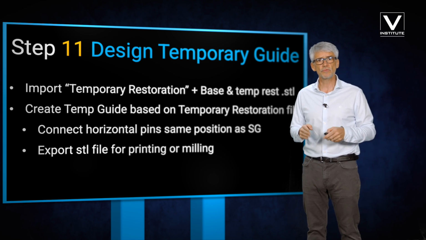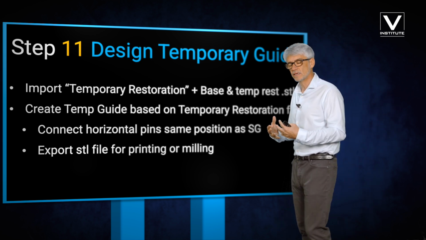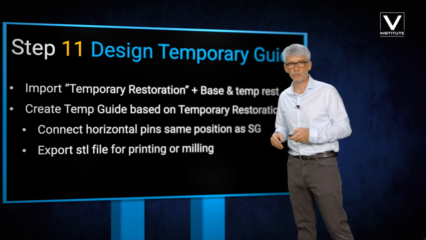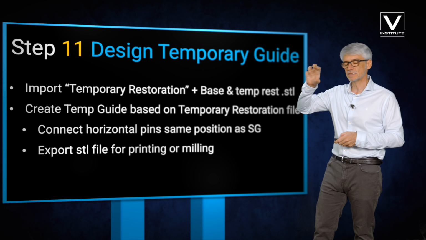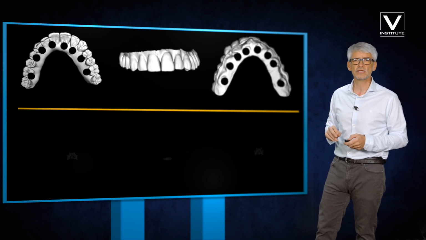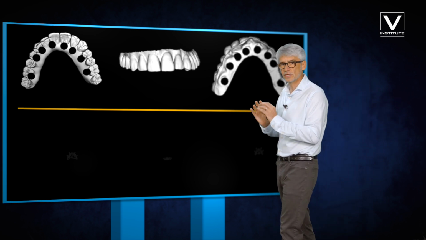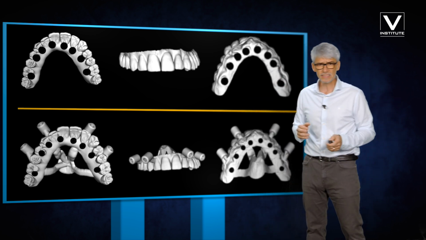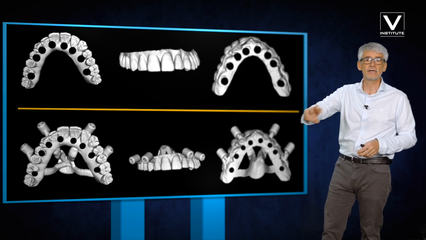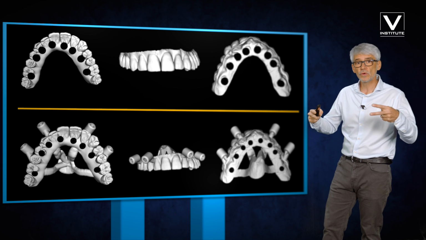So then what we are going to do is design as well a temporary guide for the pickup during the final part of our treatment. So we are going to place the implants and then we're going to add the restoration. This is how the virtual restoration is going to look like with those holes, because we need to create space for the temporary abutments. And this is how we convert this guide to a surgical temporary guide with the pins